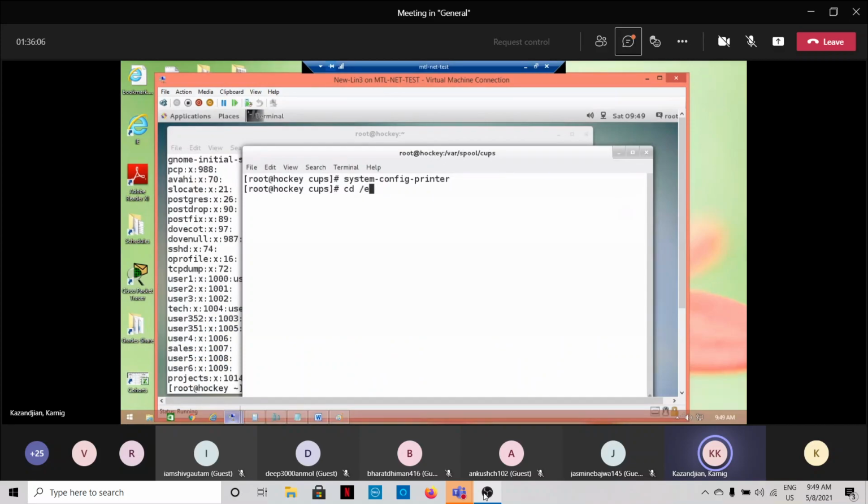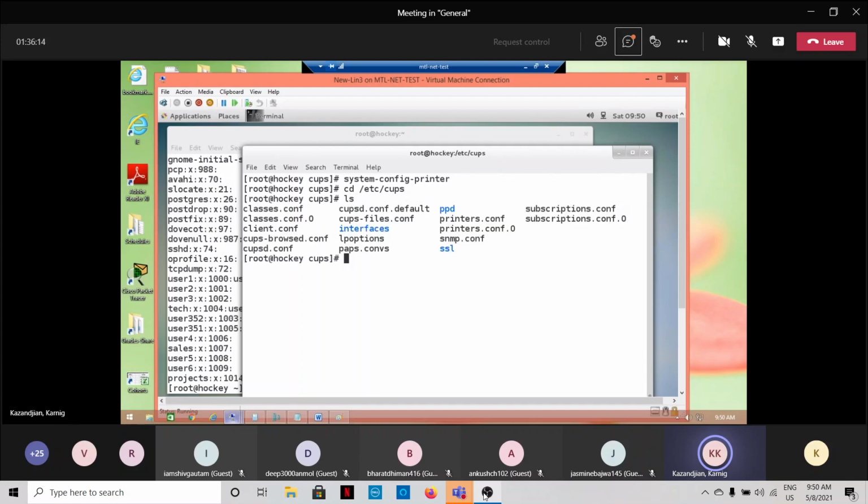So I'll go to etc/cups. Remember, etc contains system configuration, as an example of it. So etc/cups is a directory where you have CUPS related configuration files, and in particular there is cupsd.conf. So when I open this,